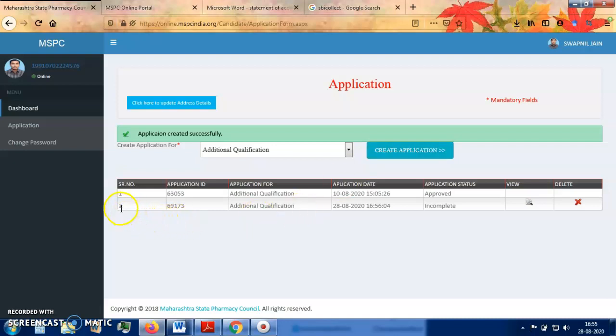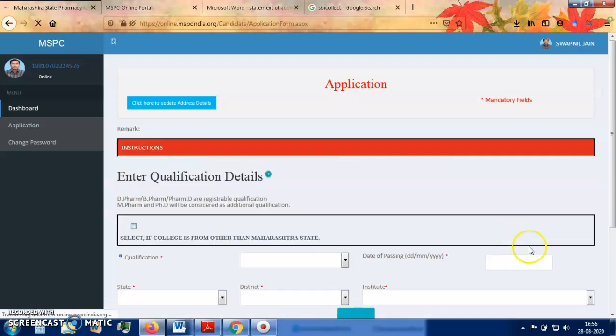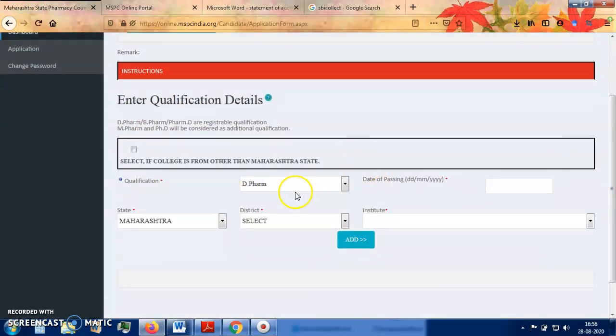So you can see here, second additional qualification application has been generated. The first application has been approved, okay, which I have already completed. Now I will click on the application which I have generated. After clicking it, you have to select the qualification for which you are applying. Date of passing, I will add the date of passing.